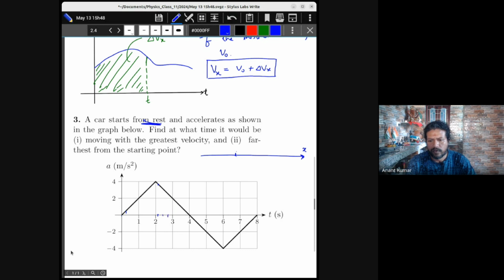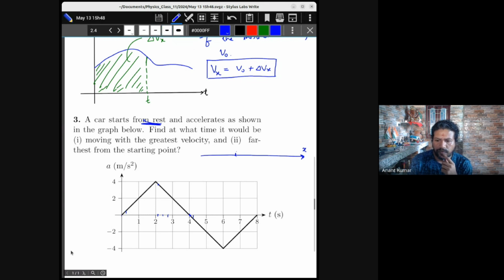Similarly, it continues till 4 seconds. 4 सेकंड पे हम नोटिस करते हैं कि एक्सेलरेशन जीरो है, और उसके बाद क्या हुआ, उसके बाद एक्सेलरेशन नेगेटिव हुआ, तो 4 सेकेंड के बाद वेलोसिटी डिक्रीज होना स्टार्ट करे। उससे पहले वो डिक्रीज नहीं कर रहा था, उससे पहले वेलोसिटी इंक्रीज ही कर रहा था।